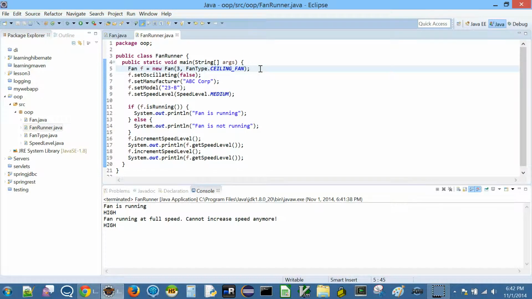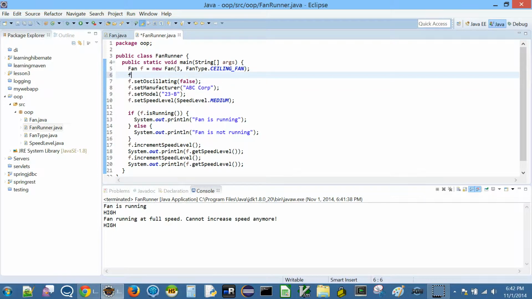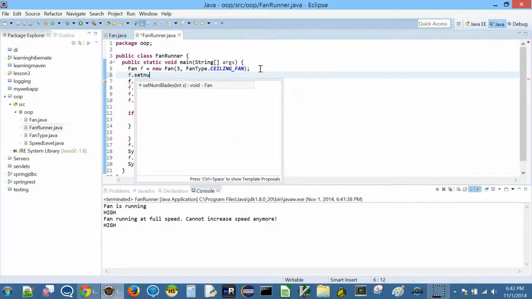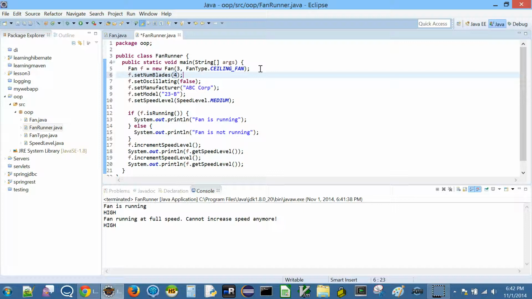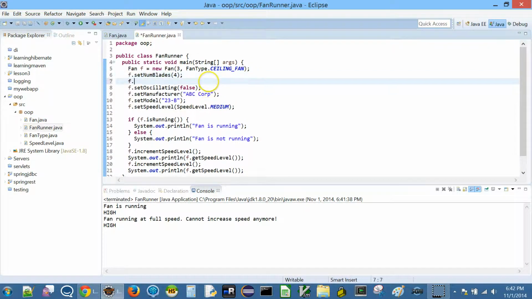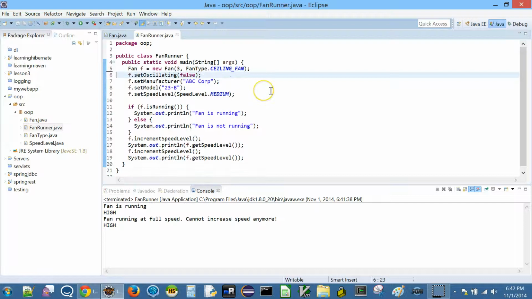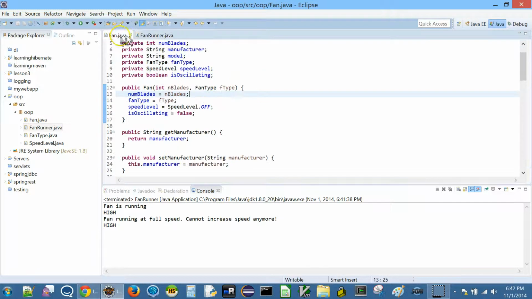So for example, somebody may come here and say f.setNumBlades(4). Or even worse, somebody may come here and say fan type is FanType.EXHAUST_FAN. Now that's kind of meaningless because once a fan is created, you don't expect it to change the type. So we should essentially remove the two setter methods, right?